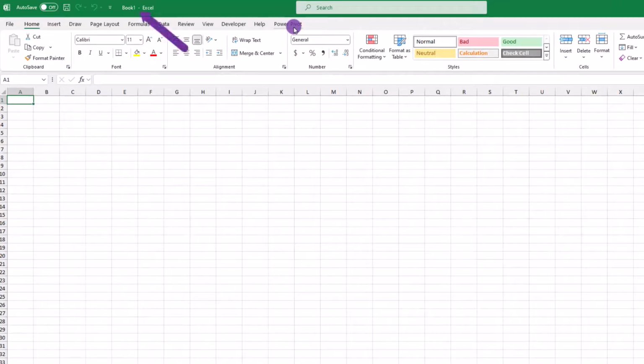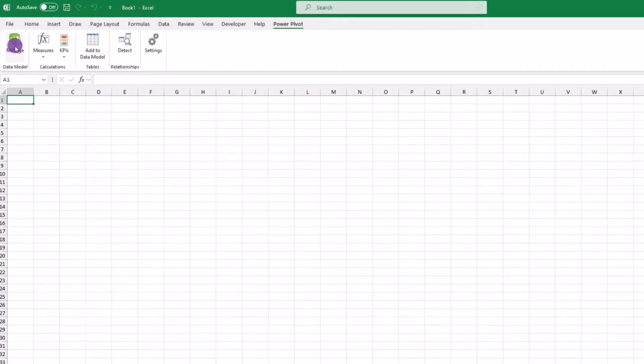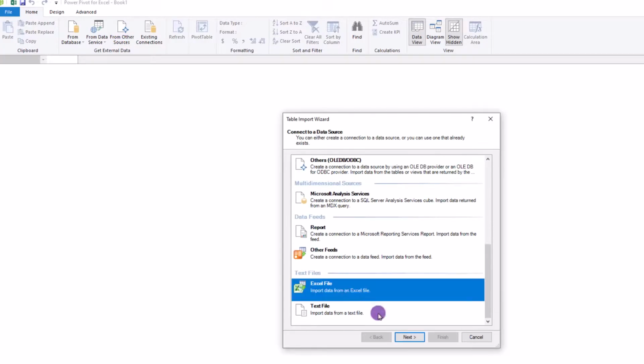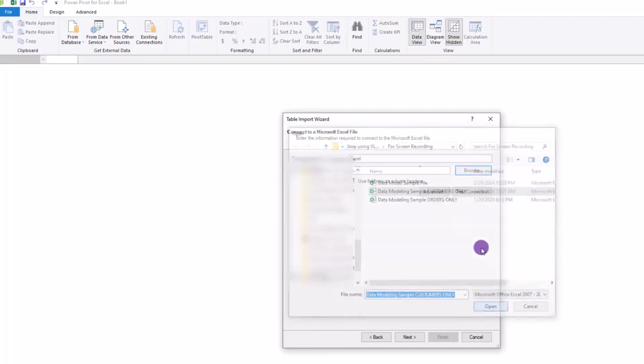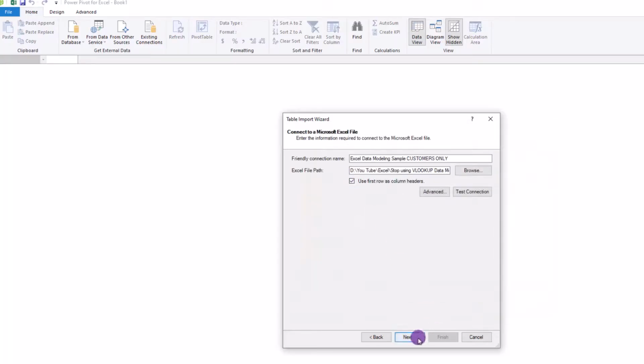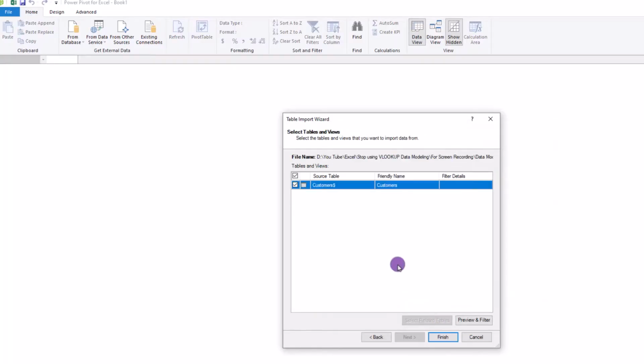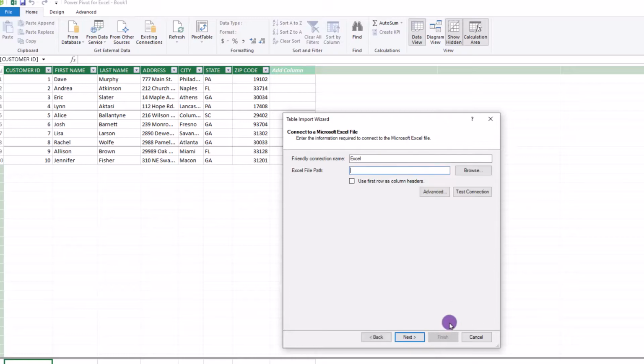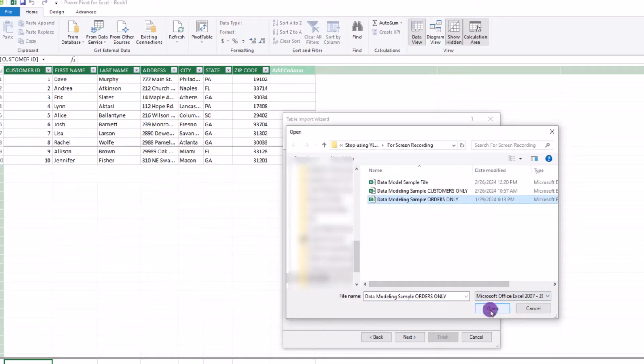Okay, so to begin, make sure you're on a new Excel file, then go up and click on PowerPivot. From there, on the left-hand side, select Manage. And once you're in PowerPivot, go ahead and select From Other Sources. Scroll down to where it says Excel, then choose the first file and make sure to include the column headings. From there, just follow the remaining steps and click on Finish. Then the next step is to pull in the other Excel file, and we can do that via a rinse and repeat. So click on Other Sources, navigate down to Excel, choose the file we want, walk through the steps,